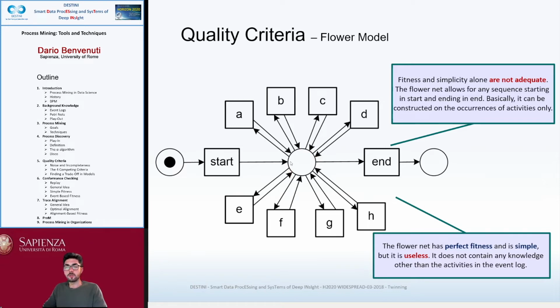You can imagine that a model like that is quite useless, since from whichever state we can perform whichever activity, and even if it has perfect fitness and simplicity, it gives us no insights on the process behind it.